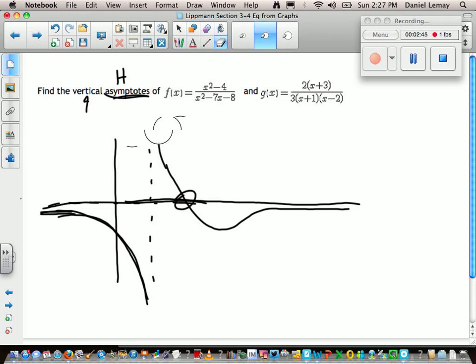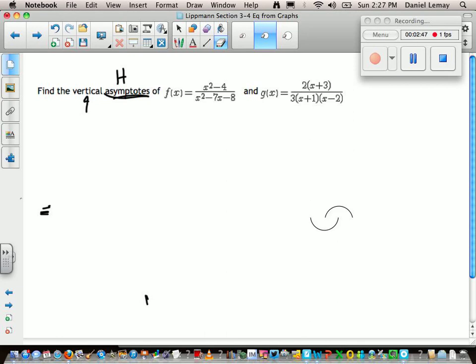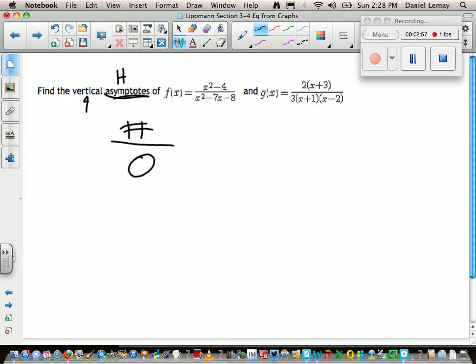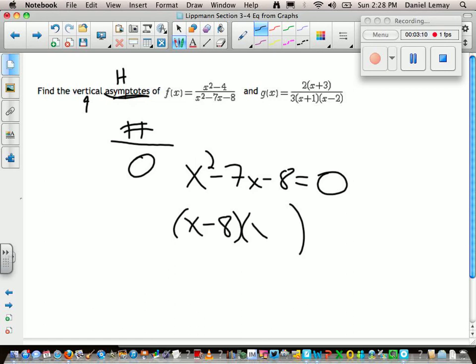So how do we find vertical asymptotes? Well, vertical asymptotes happen in the denominator because we can have some number on top, but we can't divide by 0. So for this first function, I'm looking for when x squared minus 7x minus 8 equals 0. Well, this is a quadratic equation. We could use the quadratic formula, but this one factors very nicely. Okay, so that tells me this expression is equal to 0 when x equals 8 and also when x equals -1. And if I go back into my original function here and I substitute both of those in,